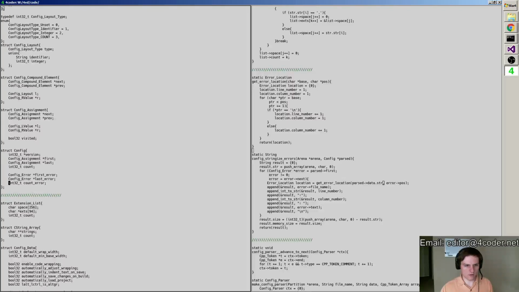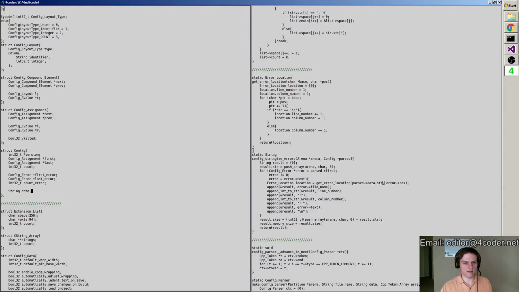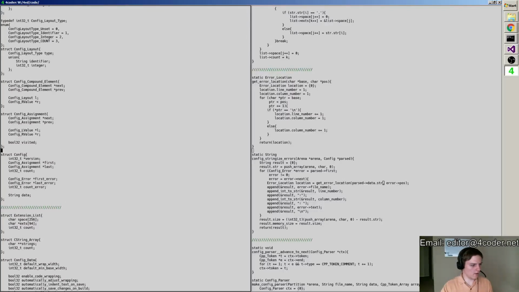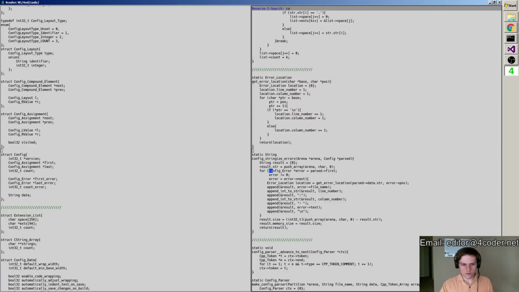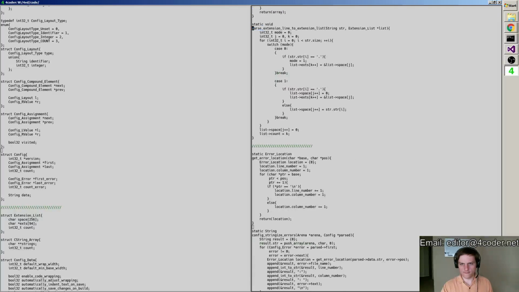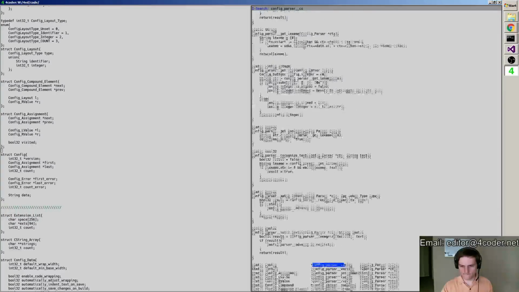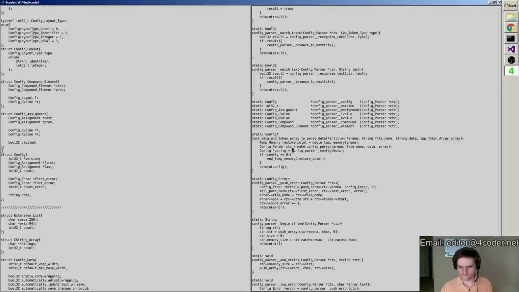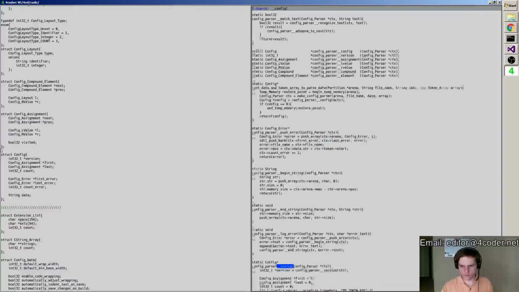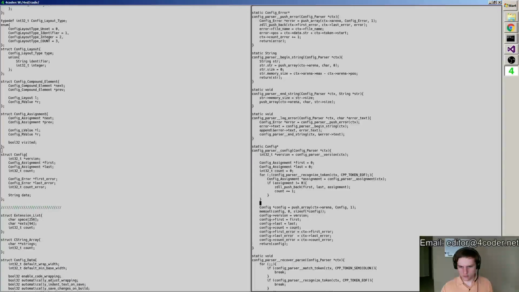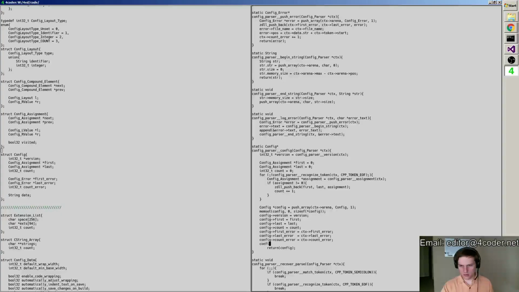We'll just go ahead and say that the raw data is inside the parsed config. Go. Config data equals context data.